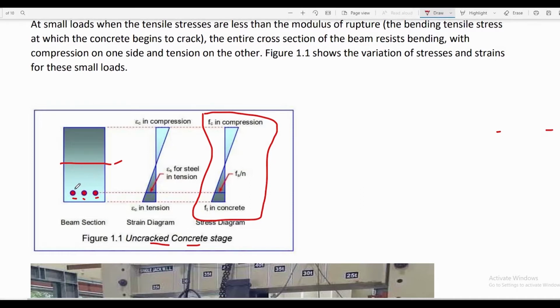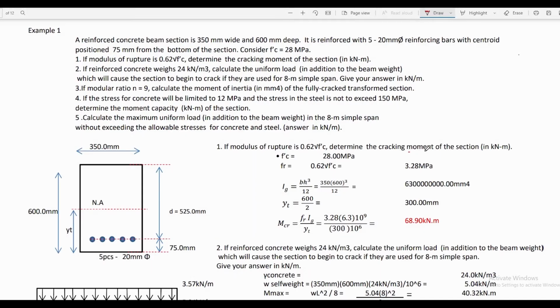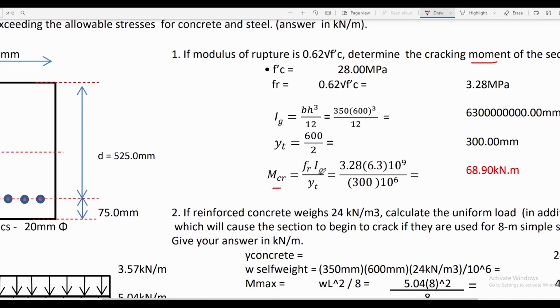It should be understood that the steel can be neglected at this stage, since the concrete alone can carry both tension and compression of the reinforced concrete section. We also have to keep in mind that at this stage, minimal loads are applied on the beam. So to obtain the cracking moment, we will just make use of this formula, Fr multiplied by Ig divided by